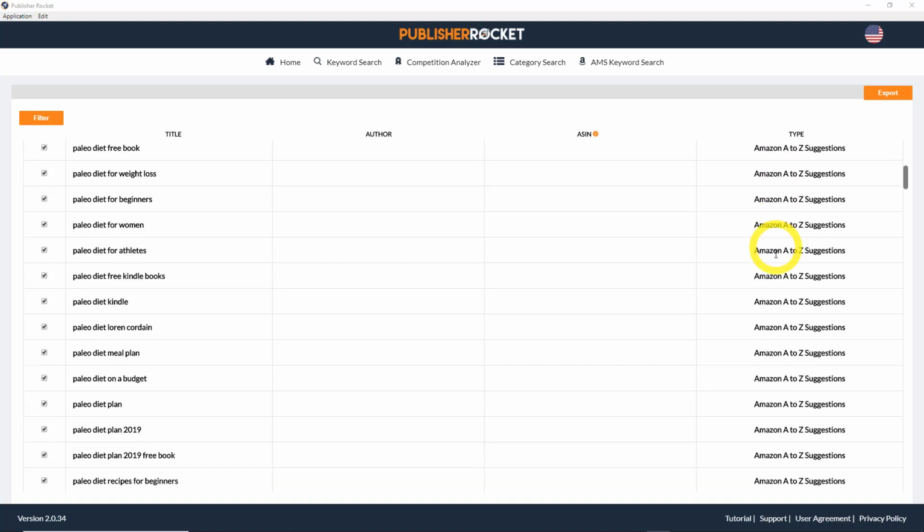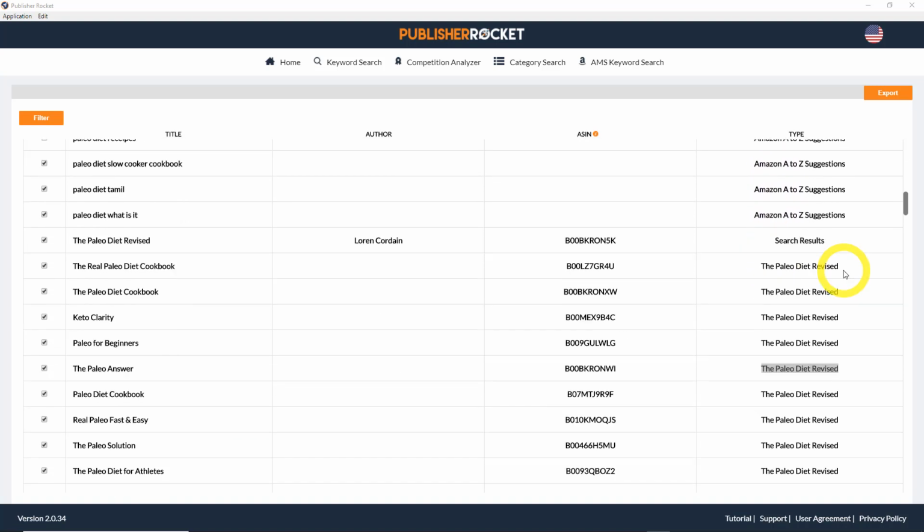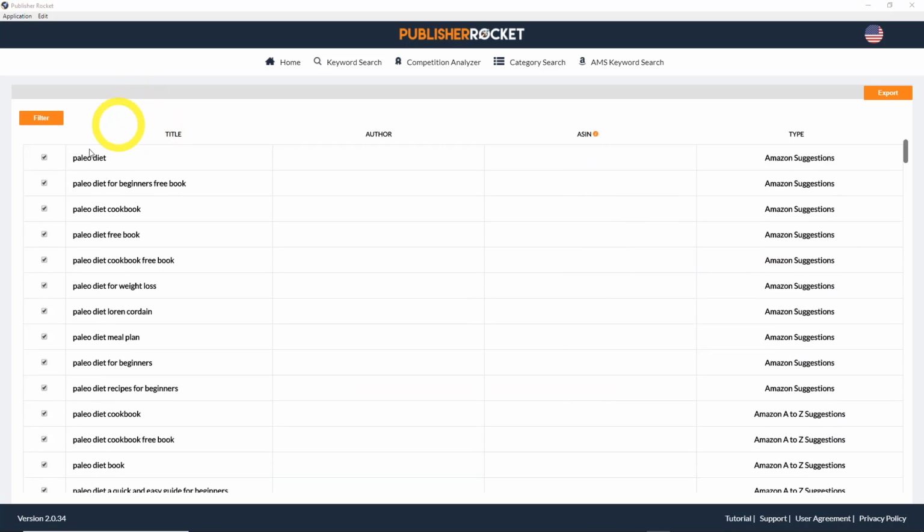So there are different sources that Rocket gets its data from. And as you can see, it even sources related keywords in your niche based off of other people's books. And you can see that here. The last thing I want to say about this feature is that now in the latest update, there's a filter